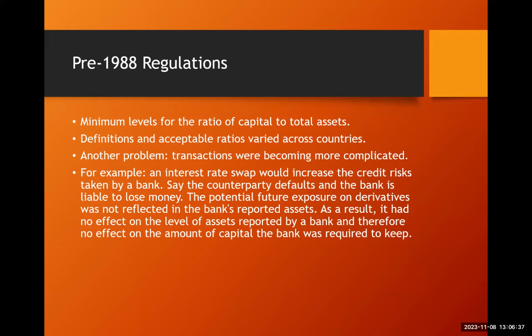So it made no distinction between a very risky bank and a very carefully managed bank. And so regulators saw this as a problem and wanted to adjust the capital required so that it would introduce